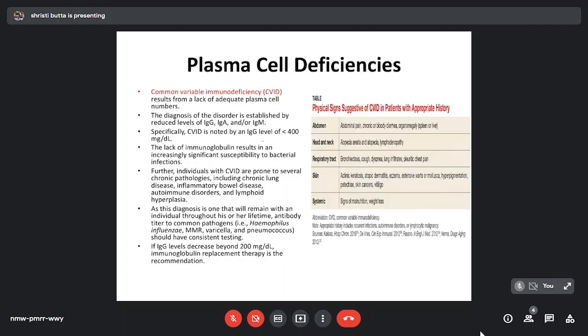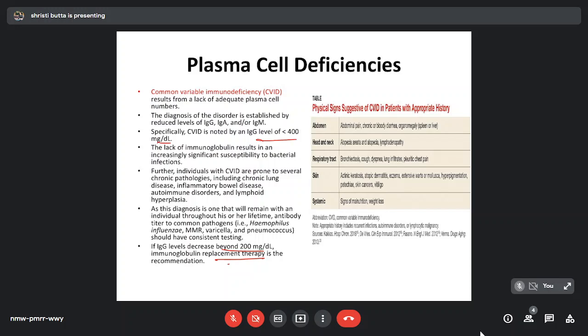However, if IgG levels decrease to less than 200 milligrams per dL, then that results in what is called a severe common variable immunodeficiency, and that particularly requires replacement therapy. The lack of immunoglobulin, which is very important, results in an increasing